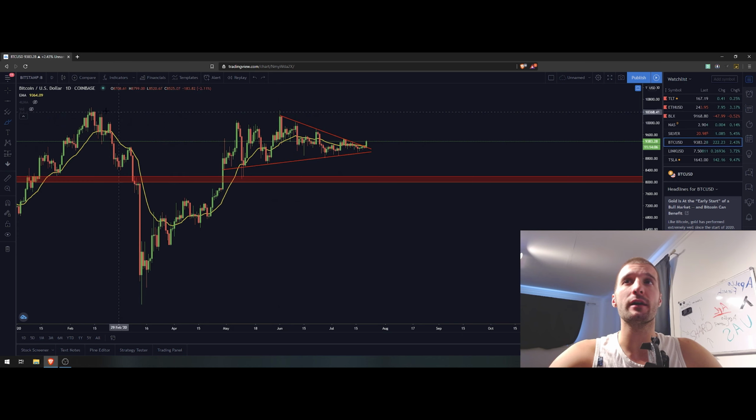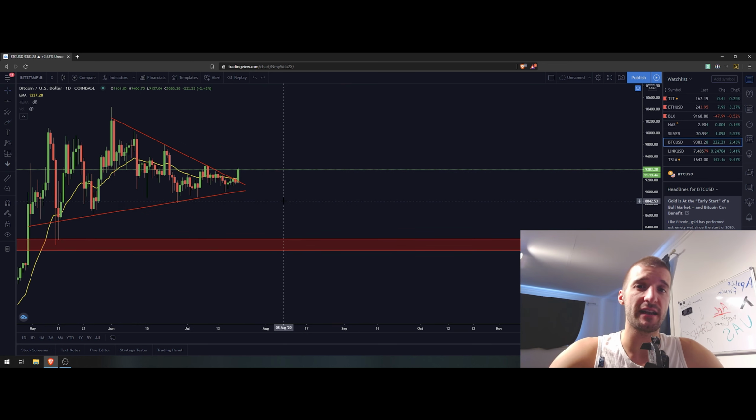So over here we can see a consolidation pattern that we've been consolidating in for approximately 2 months, since May, and over here we can see that we broke a little bit poorly onto the bullish side. Now the thing that we need to watch in the next 24 to 48 hours is the next high that the Bitcoin needs to break in order to say that we actually broke bullish from this pattern. It is this high over here. This high is standing approximately on